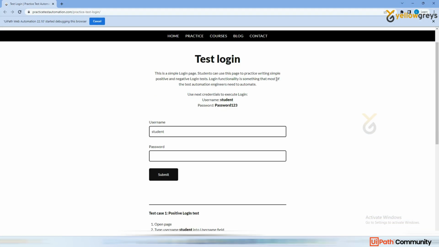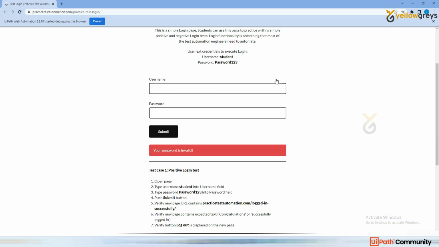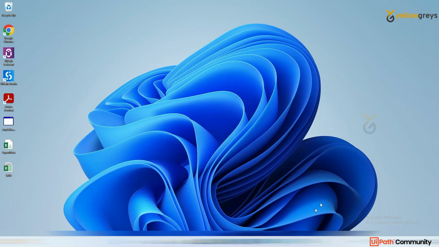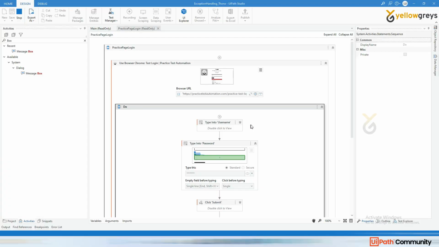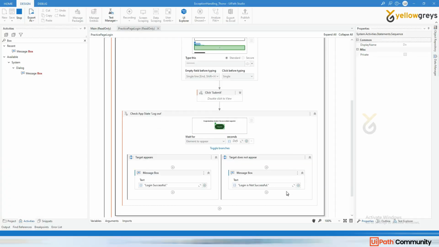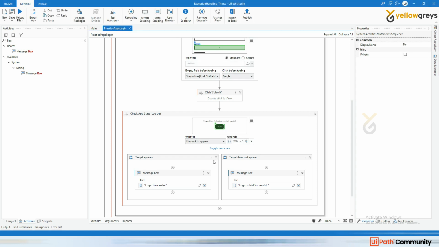You see, it's entered the username and password. It's clicked on the submit button, but it's trying to identify the logout option, right? So then it says login is not successful. We can assume that after entering the username and password, if I am not able to see the logout option,